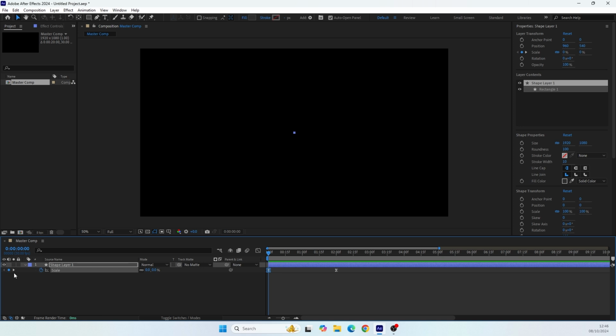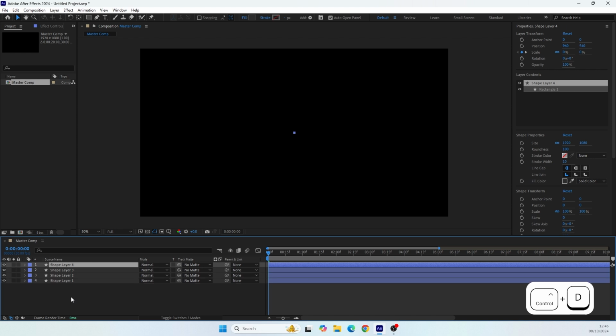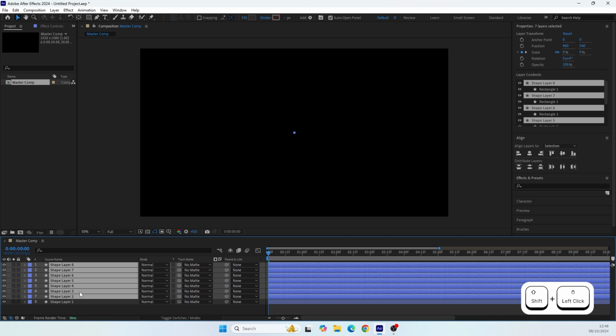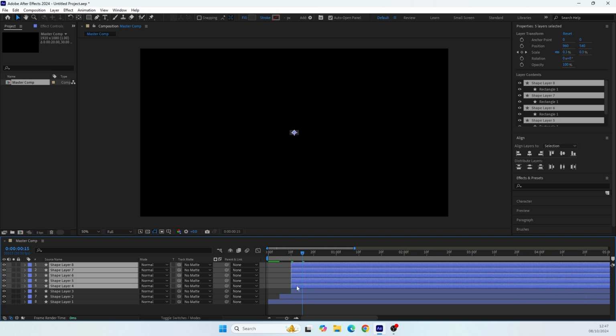And the next step is all we need to do is duplicate this shape a few times. You can duplicate it as much as you want. I prefer to duplicate it 7 times, so in total I will have 8 shapes. Next, let's select the first 7 layers, and now all we need to do is to delay each layer 5 frames from each other. So we will drag all these layers to the frame number 5. Then we need to unselect this layer and then move the selected layers 5 frames forward, and we need to do it until the last of the layers.